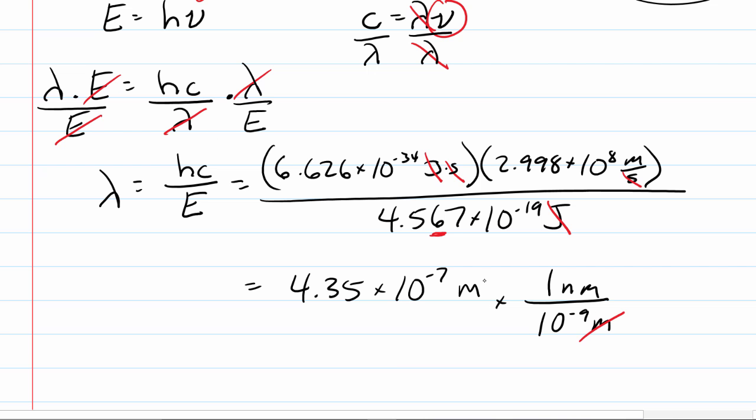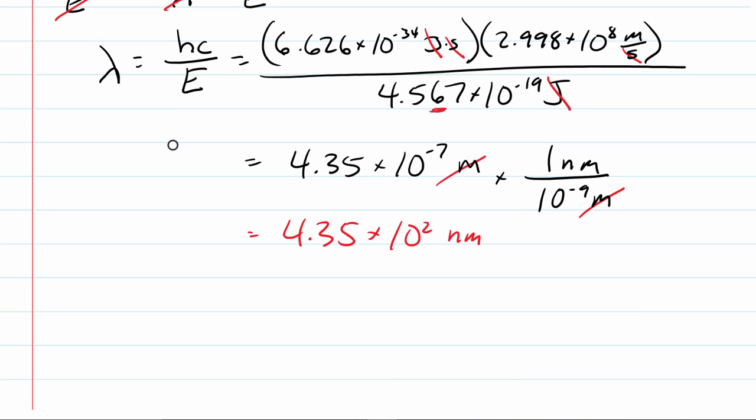These are going to cancel out. We have 10 to the negative 7th over 10 to the negative 9th. Remember, when we divide exponents, we will subtract. So we take negative 7 minus a negative 9, which is going to give us a positive 2. And so this will give us 4.35 times 10 to the 2nd nanometers,